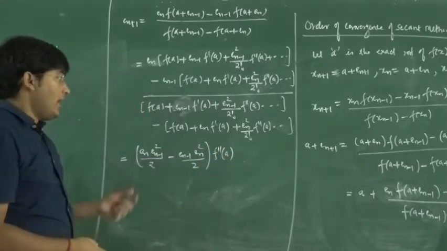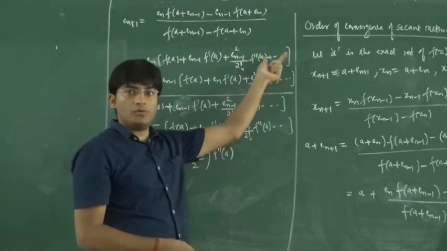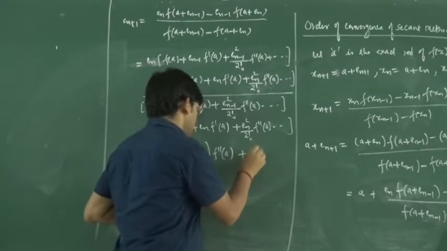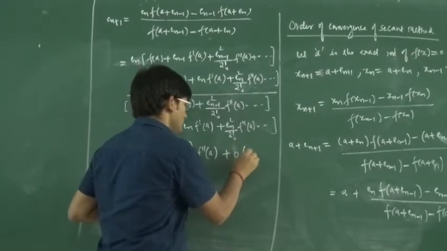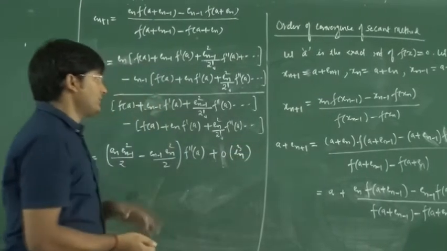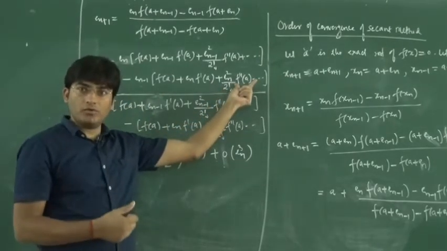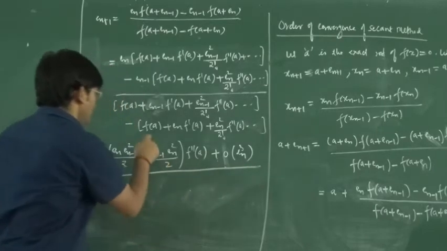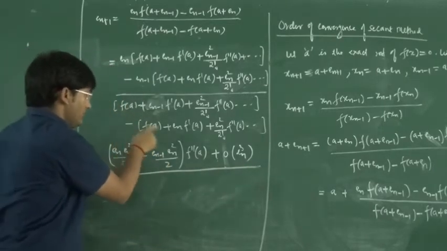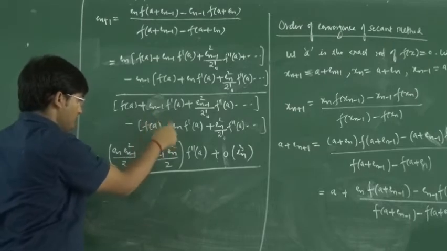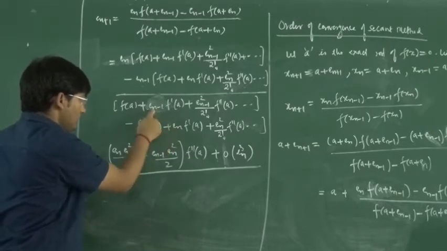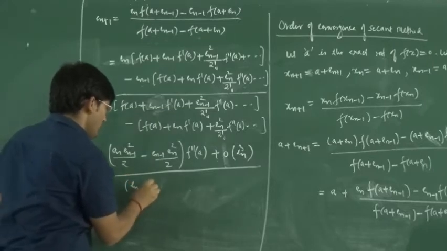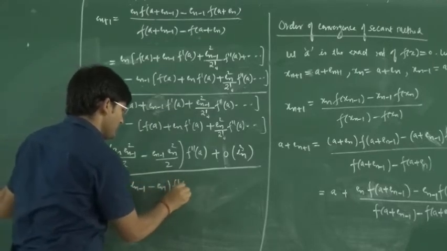And again, after that we will have the terms of order en cube. So I can write those terms like this: order of en cube. So after that we will have the terms of order 3. So this is your numerator, and here you can see that this f(a) and f(a) is cancelled. Now if you take this f dash a common, then we will have en minus 1 minus en into f dash a,